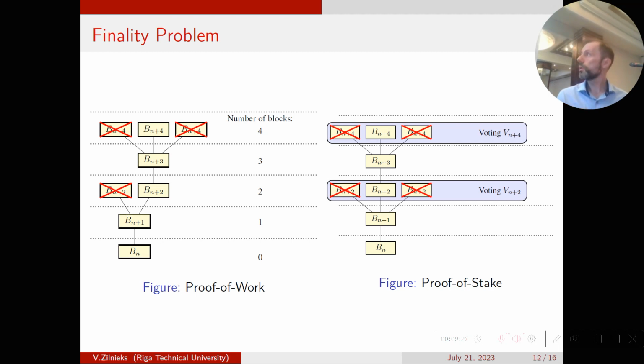So, for example, in the proof of work scheme, when we just randomly select the next block creator by his proof of searching a mathematical solution of some function, then it could be a situation when there are more than one block in a period of time. So if our transaction is included in some block,